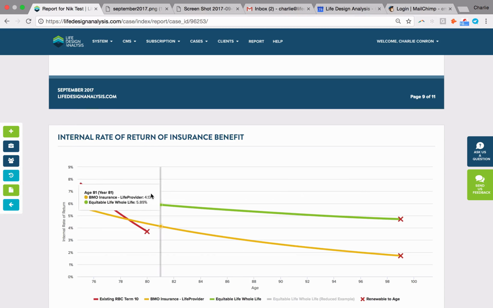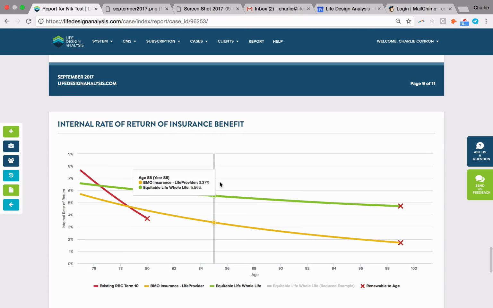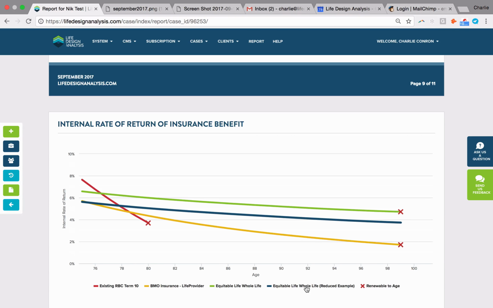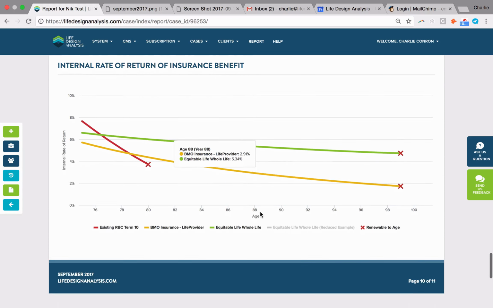Again, IRR, that's the thing we want to really focus on, and having a better IRR at life expectancy is going to be really important if this is going to a CA. And this is a big spread over this IRR, so it really makes this whole life plan look attractive. Now we can look at reduced examples too, just in case the dividend doesn't perform, and contrast that as well with those interactive charts. So it's really nice for transparency.